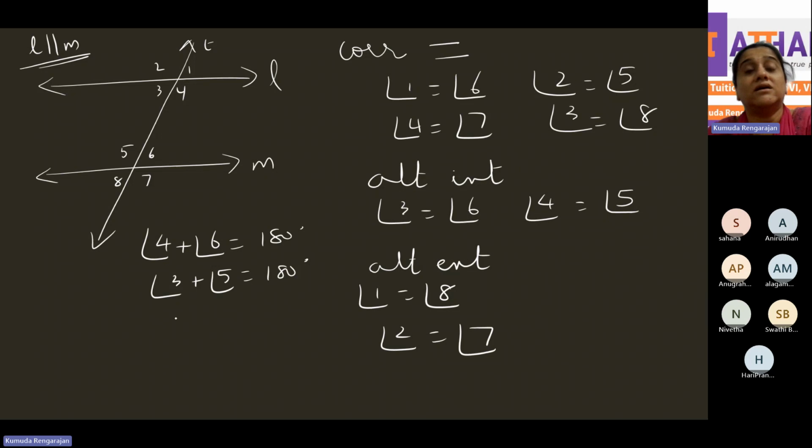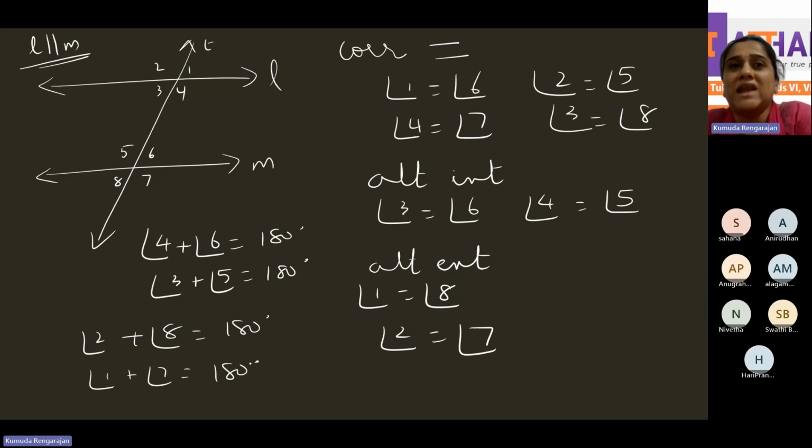Similarly, co-exterior angles are also supplementary when the lines are parallel. That is angle 2 and angle 8. Angle 2 plus angle 8 is equal to 180. Angle 1 plus angle 7 is equal to 180. When the lines are parallel,